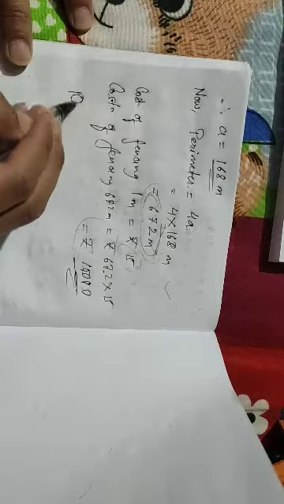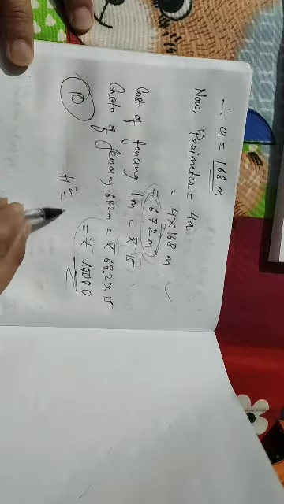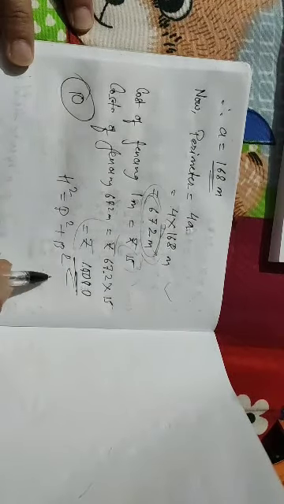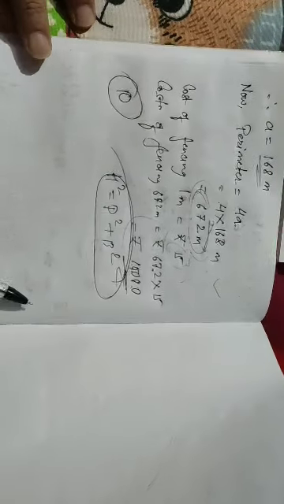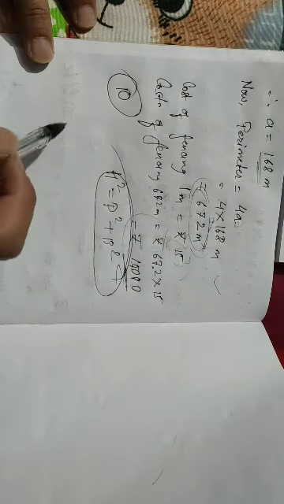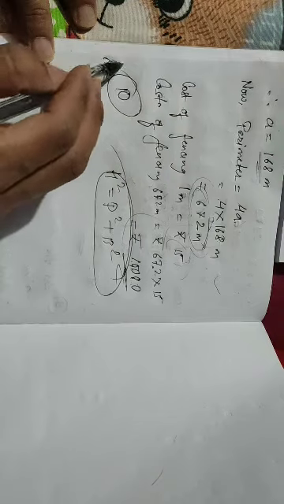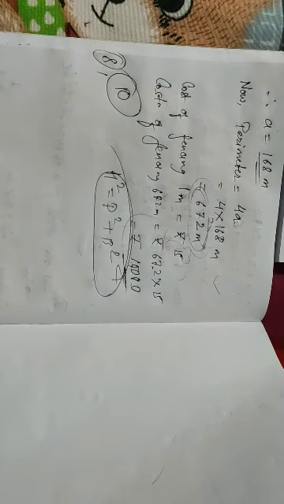In a similar way you can do number 10. You know what is the Pythagoras theorem, right? Hypotenuse square equals perpendicular square plus base square. From here you have to find the hypotenuse. So use this and do question number 10 also as homework, and previously question number 8. So these two are your homeworks.